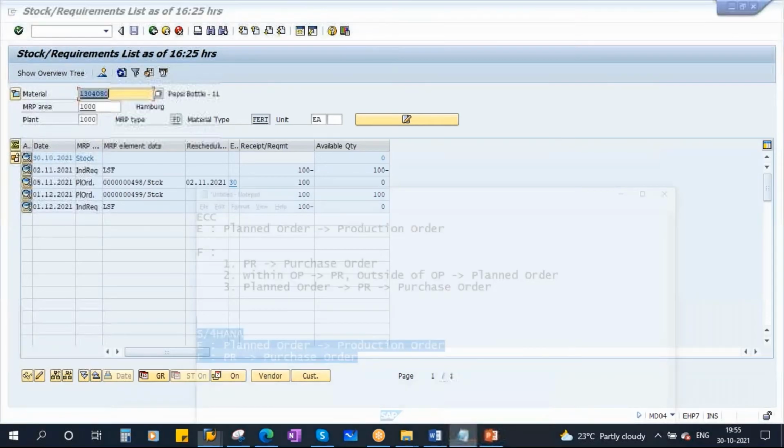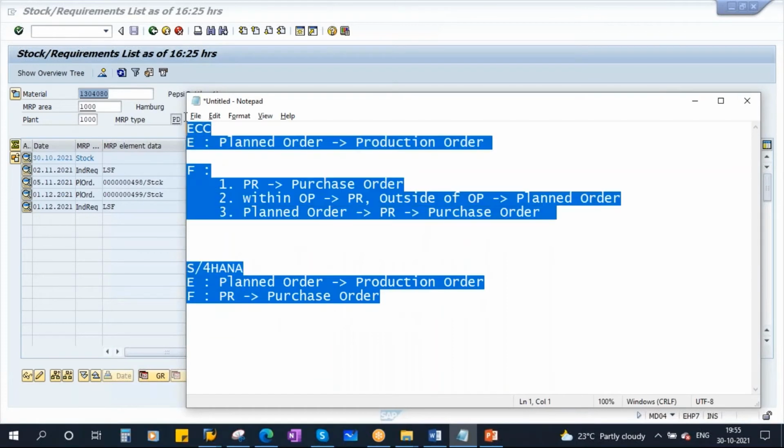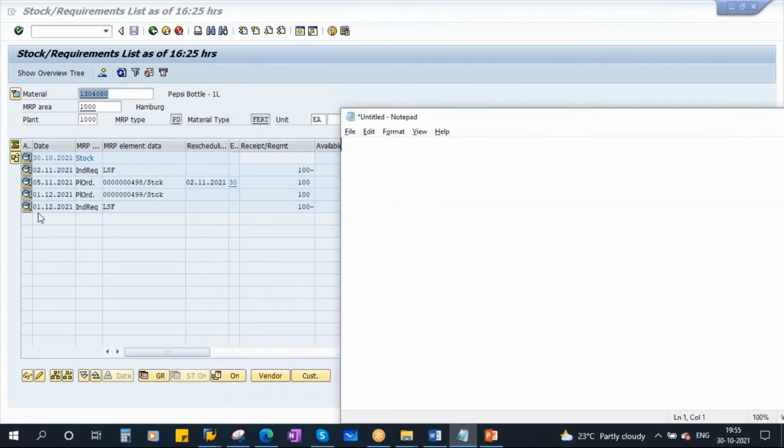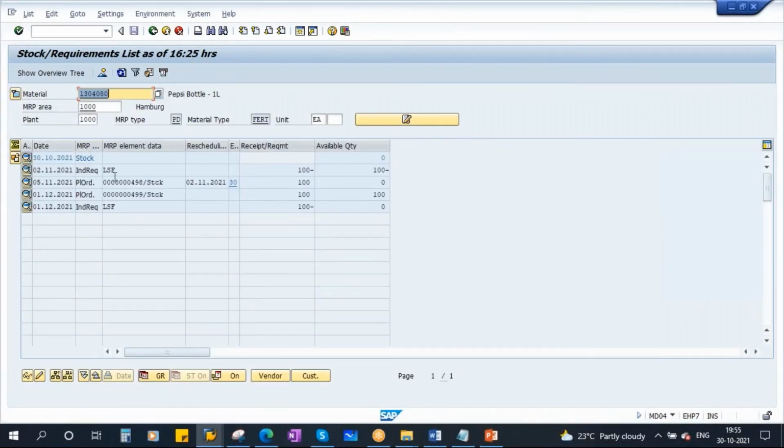What are the planned order numbers? First planned order number is 498, quantity is 100. And second planned order 499, quantity is also 100.